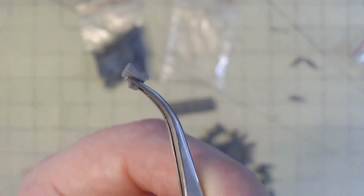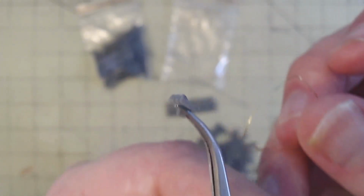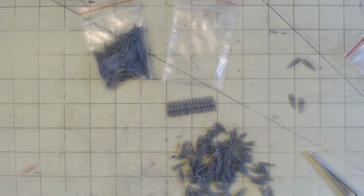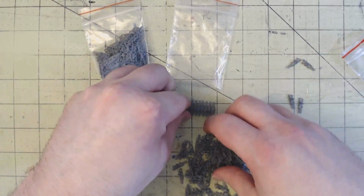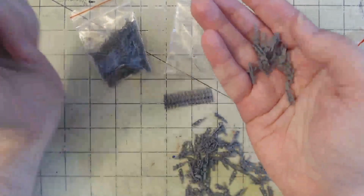And it does come with a tiny piece of wire for you to cut to length and push through, super glue in place. But it's only necessary for the end pieces there. So that way you can have a little bit of give to wrap it around, play with the pieces. One of the other reasons why they do include a few extra pieces of these is,